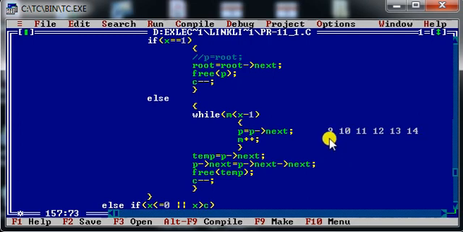Initially m is equal to 1, and 1 is less than 2, so move your p pointer. Then 2 is less than 2, the condition is false, so it won't increment my p pointer to the next element. It simply comes out of the loop, and my p pointer will be somewhere here.